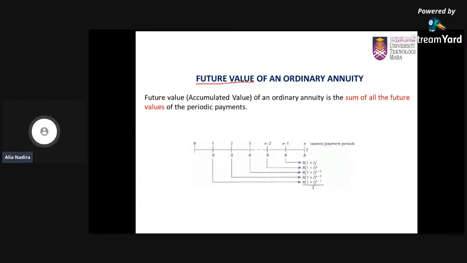Okay, so future dia ada dua, sama ada you deposit or you invest. You invest duit you tiap-tiap minggu. So what will the value be after 2 years? Okay, itu adalah untuk future. So you akan kira lah. Here, let's say you simpan RM100 every month. Here also 100. So you want to know what is the value in your future, katakanlah after 5 years.